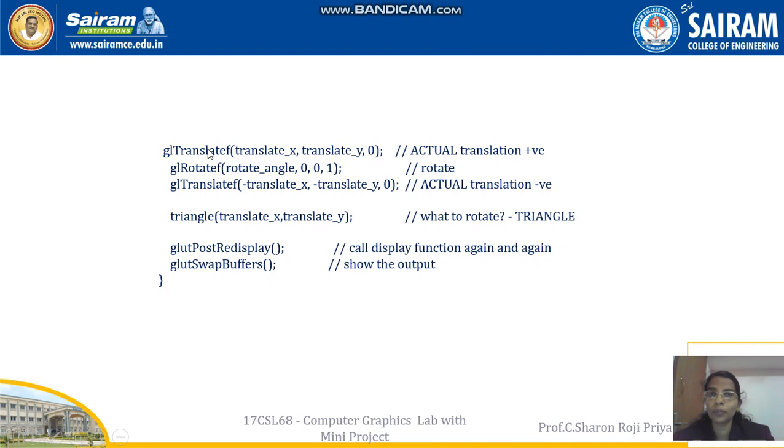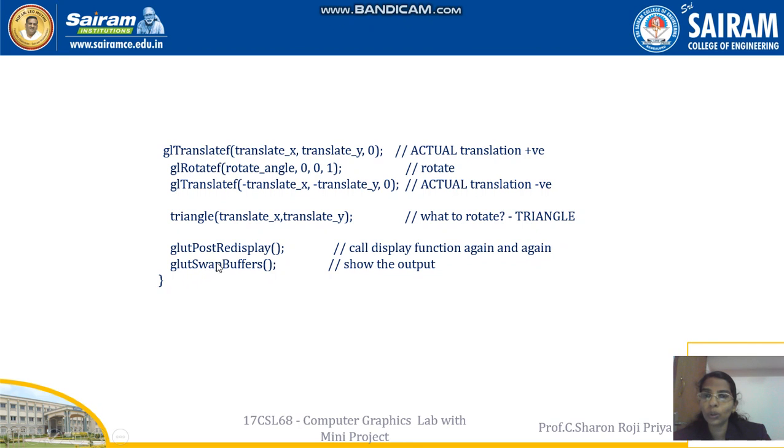So here, as I told, if I'm rotating around a fixed point, I have to move to the point, rotate, and when this rotation is stopped, move back to the origin, right? That is what minus x and minus y does, right? And then I'm rotating my object, the triangle.